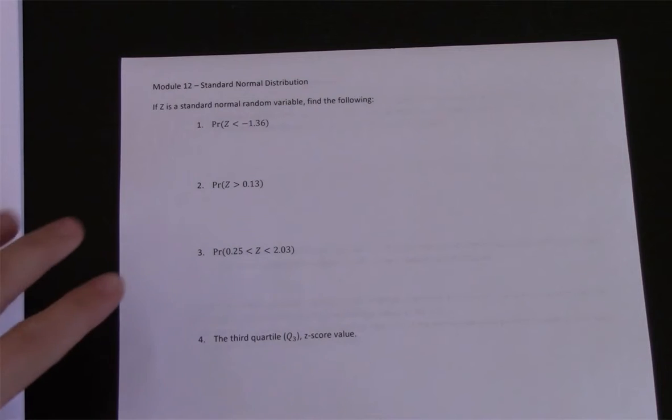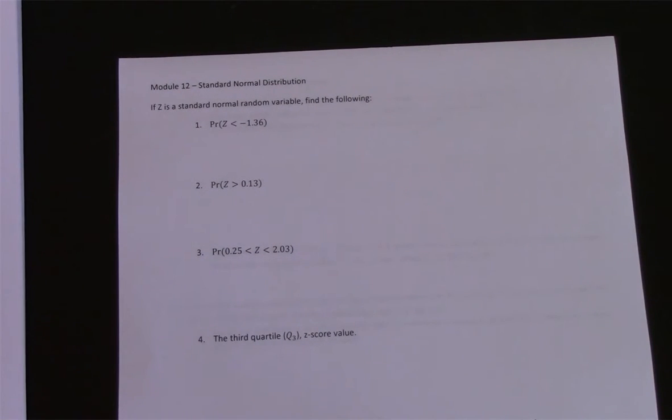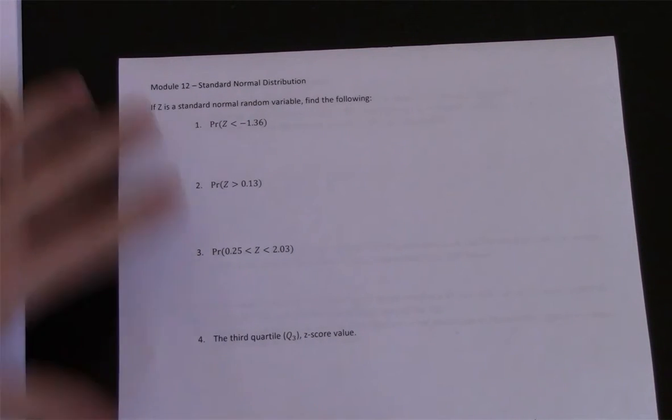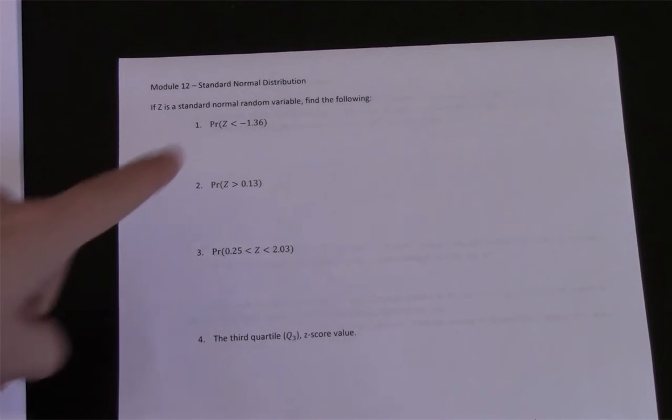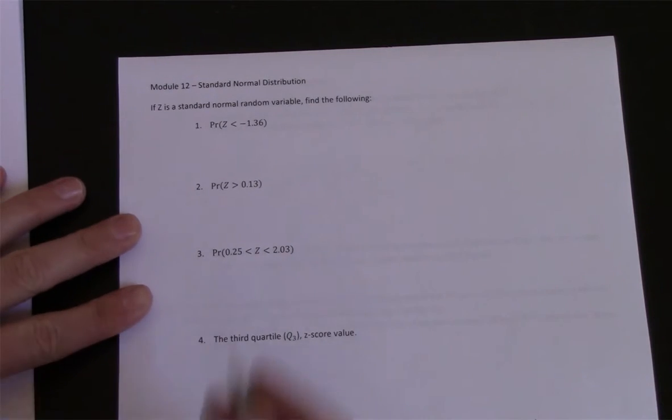Okay. Alright, so starting with Module 12, which is all about the standard normal distribution. We will expect to see some questions like this on the exam, where they basically say Z is a standard normal, and you need to calculate some probabilities. Alright, so this first question,